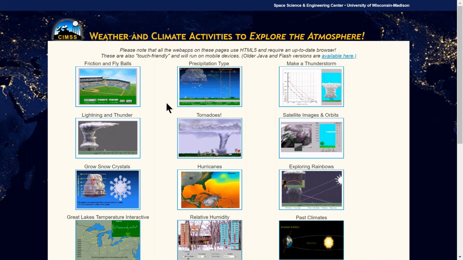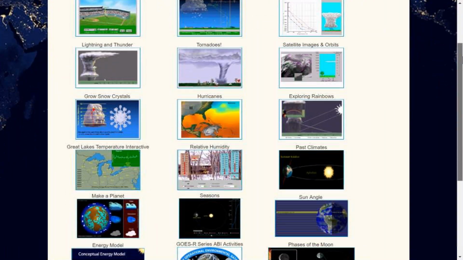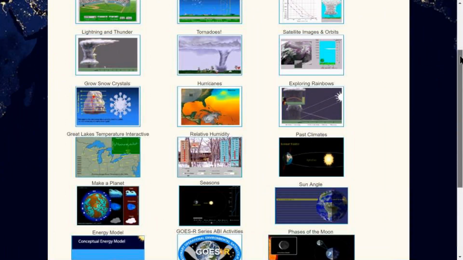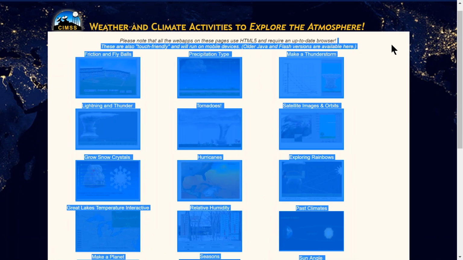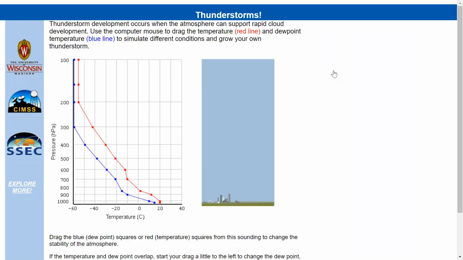So what you see here are thumbnails from these web apps that are available on the web, plus the other ones that are available. And I'll just scroll down here and you can see a whole bunch here. But let me just jump in and show you the kinds of things that we're doing. So here's a very basic one that allows people to create clouds and showers.